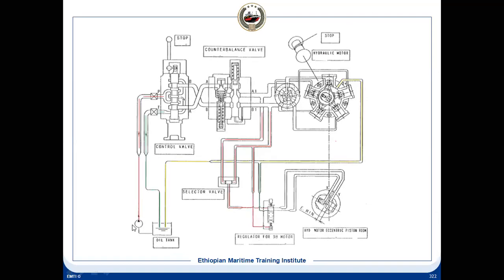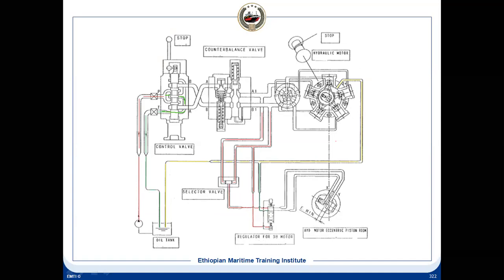So this is the flow. The pressure line will move like this, and this is connected to this side. And in neutral position, what will happen? This will come back to the return line. It means this will enter like this, and this will come like this, and then it will connect to the return line, and it will come back to the tank. And the drain line will also come back to the tank.